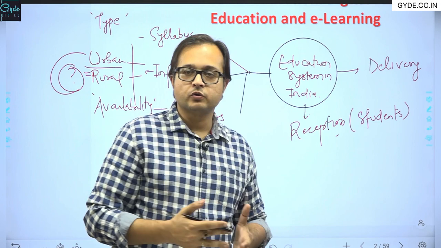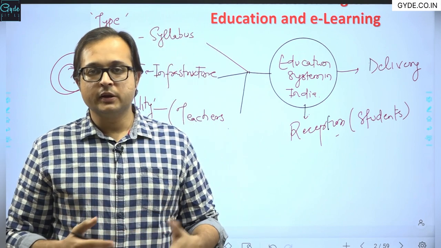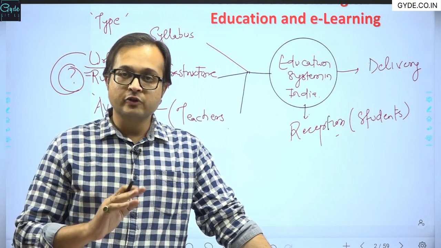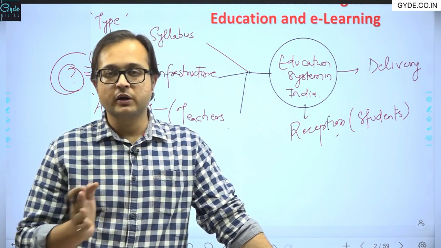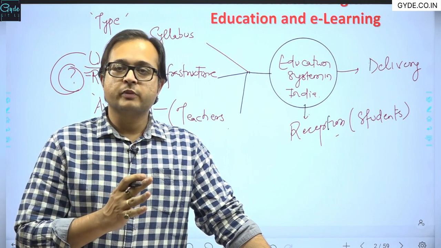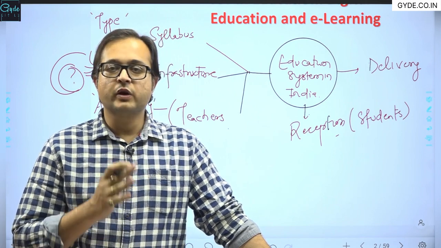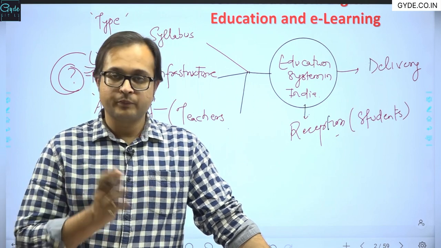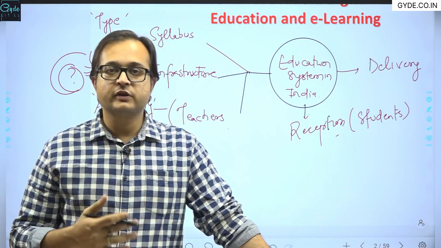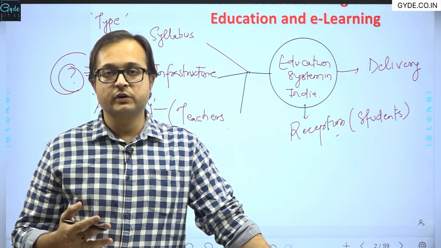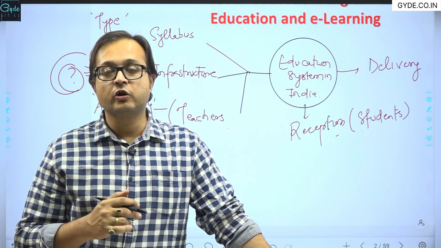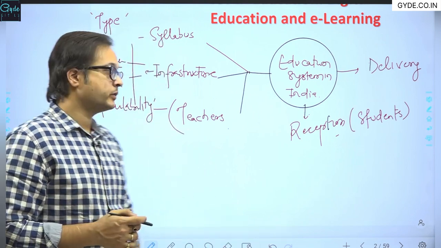This is a very well known fact that the rural population does not have ample number of teachers, right? Where ideally one teacher must be available for every 10 students, right? When we compare urban and rural, then at least for the urban, one teacher must be available for every 10 students, and one teacher must be available for every 25 students in the rural, if we compare, right? If we look at the rural population, then the present scenario says that one teacher for every 45 students is available in some rural pockets in India. That is one of the major problems. That means we do not have the availability of the teachers. That is one major problem.